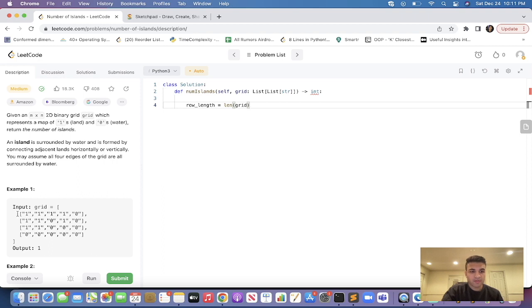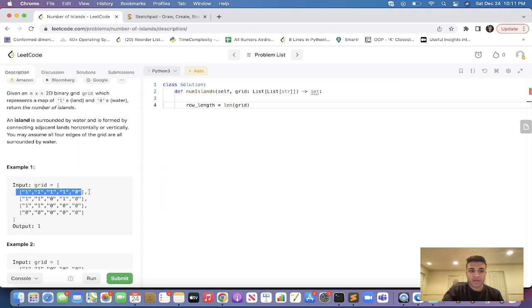And in this case, for example, if we look at example 1, it has 4 elements. Since this is a 2D array, the first dimension is just going to be the rows, and there's 4 elements, which means that there's essentially 4 rows. To get the columns, or the column length, we'll be getting the length of the first